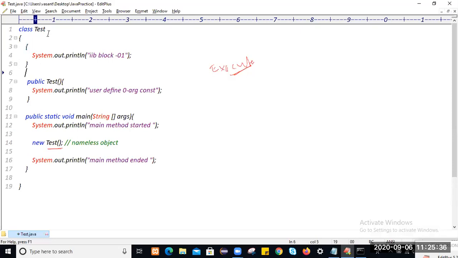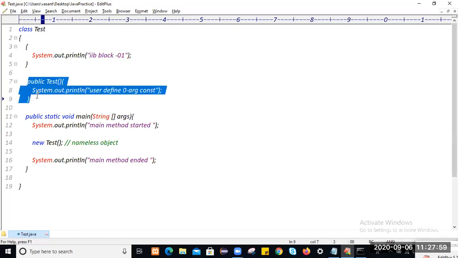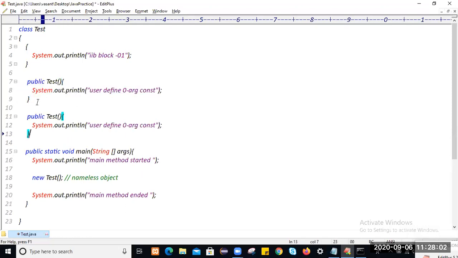Write down this application. You see here, guys, if you keep multiple constructors within the class, I will take one more user-defined one-argument constructor. I will pass one argument to the constructor as a string. This name I will pass as a local variable, and this is the user-defined one-arg constructor. The name we are passing as the argument, we will display with that.